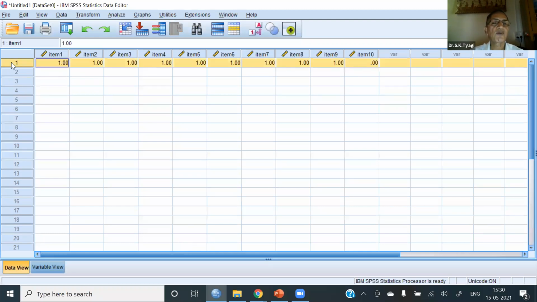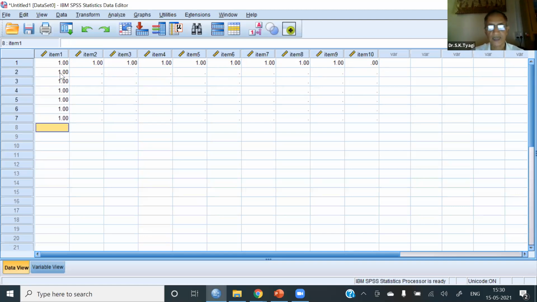This is student number 1. His answer to item number 1 is correct, item 2 is correct, item 3 is 1, item 4 is 1. Item 10, he is answering incorrectly. So these are the 10 responses. We can also enter these responses vertically. So 1, 1, 1, 1, everybody is answering correctly.